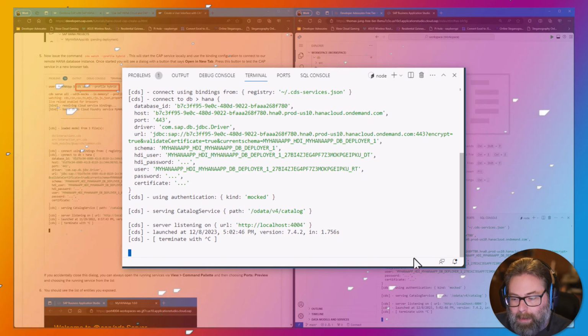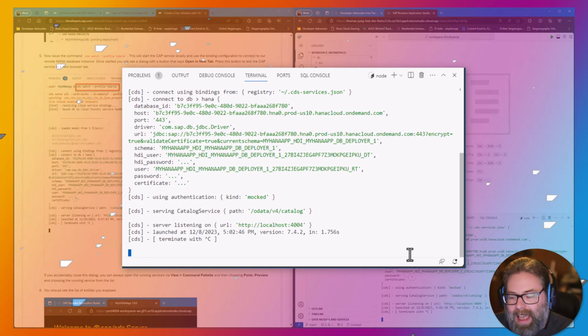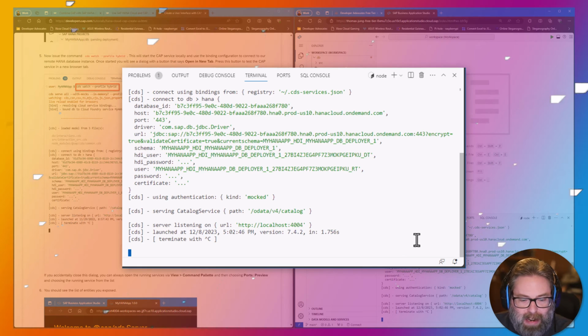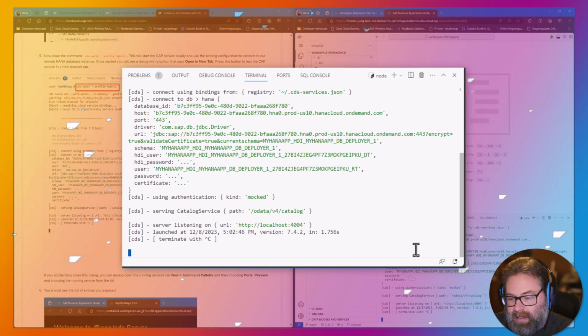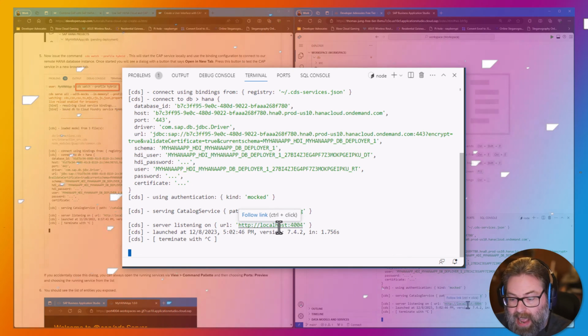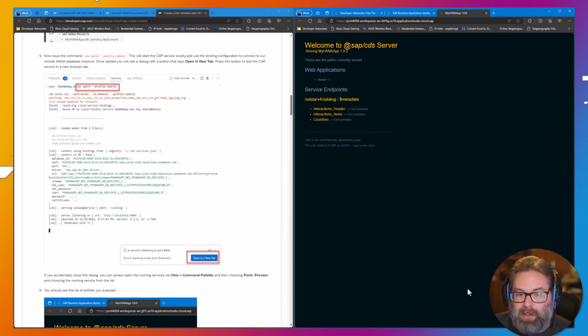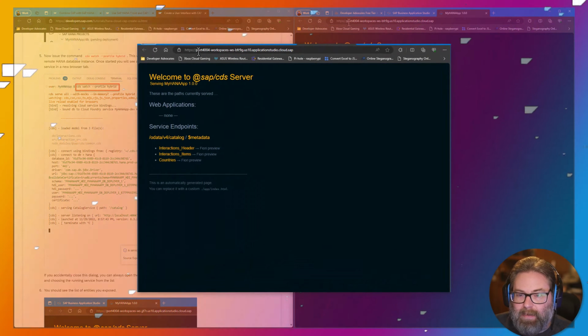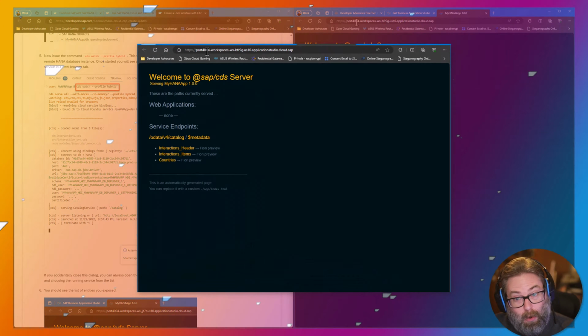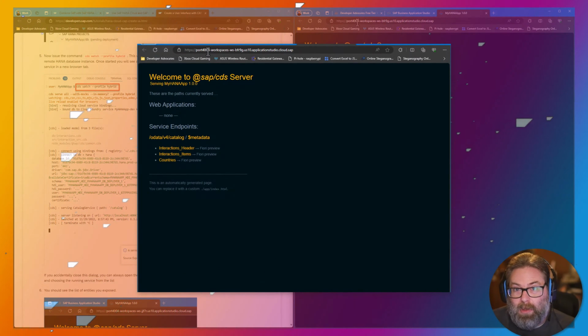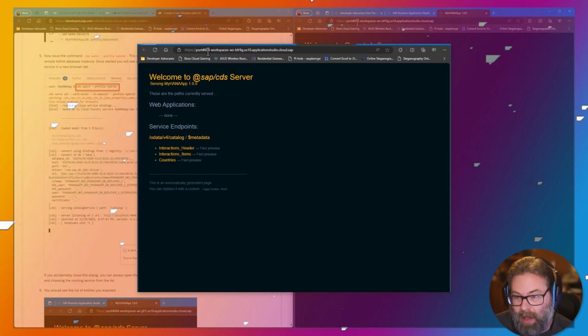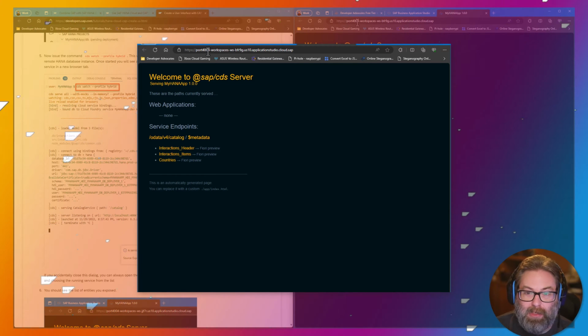Now, there was a little pop-up here, and I spoke too long, but the pop-up would have allowed me to open another browser tab to immediately test this link. But I can go ahead and Control-click on the URL, and it's going to do the same thing. And you notice what it did here is it didn't actually open localhost, because localhost is only relevant inside the shell of the virtual machine that we're connecting to with the browser.